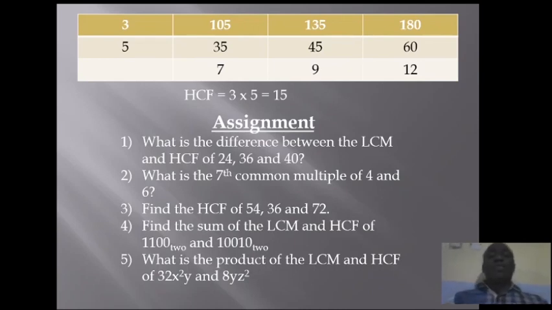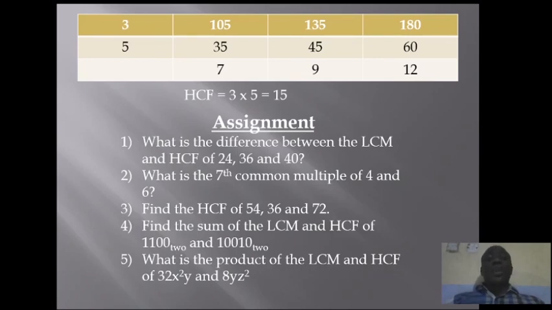Now we look at the tabular form. If you are looking for HCF, we don't use the same procedure as for LCM, because in LCM we divide the numbers until all of them become 1, but in HCF we only pick a factor that can divide through all of them. If you look at the three numbers here, 2 can divide 180, but 2 cannot divide 105 and 135. That is why we didn't use 2.